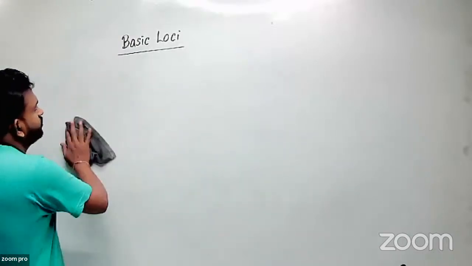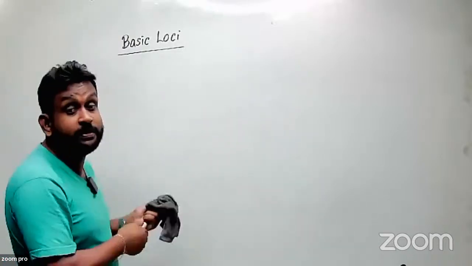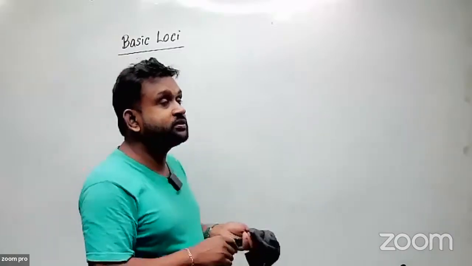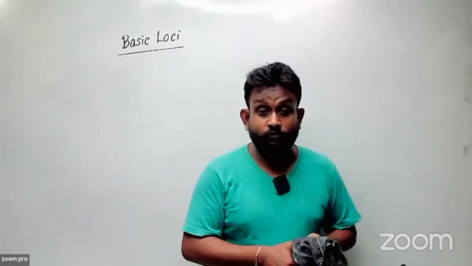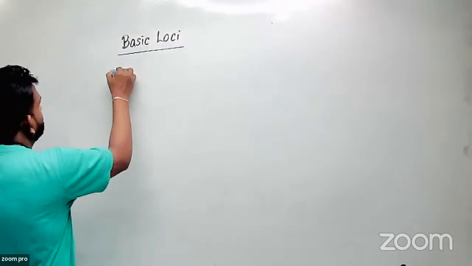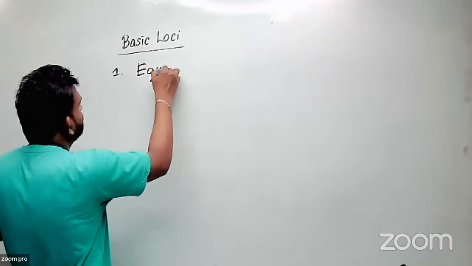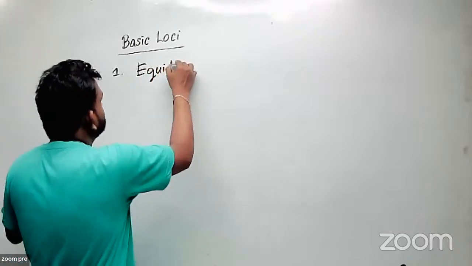Okay, right. So first, basic locus. We have 4 main basic loci. How many loci are there? 4. 4 basic loci are there. So the first one, write down the topic: equidistant